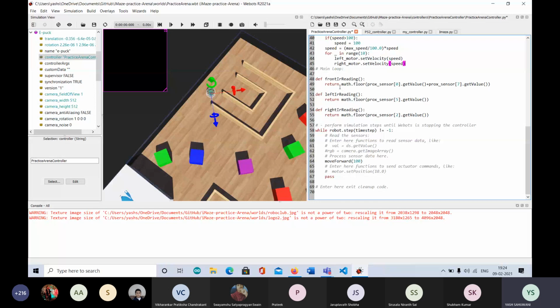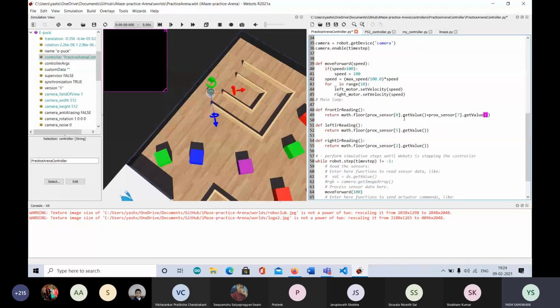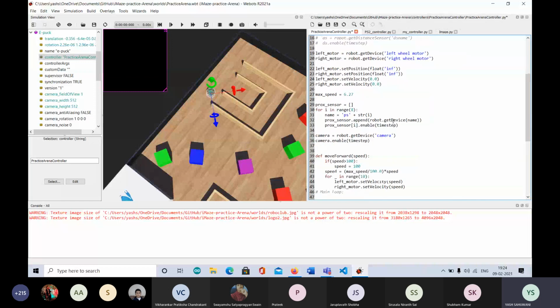Then we have a function called front IR reading. This is basically math.floor, taking the floor value of these two sensors. For getting the distance via any distance sensor, you need to use the function get value. As you saw here, I had stored many proximity sensors in this list.